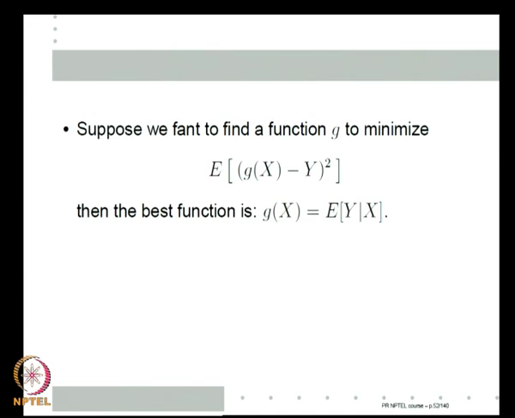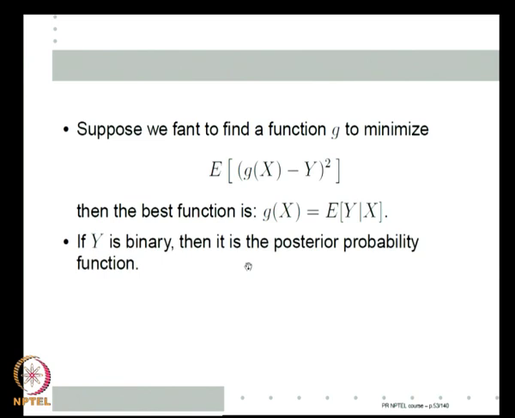So, I can think of g as the network, x as the input. So, g of x is the output of the network when x is given as the input. So, g is the network function, y is the desired output. Now, here if we are considering only one node, this square is what I am minimizing. Then we know that the best function g is the expected value of y given x, right. This we have proved some time back. See, y is binary, the conditional expectation of y given x is the same as probability y equals 1 given x, which is nothing but the posterior probability function. So, the best function here is the posterior probability function.